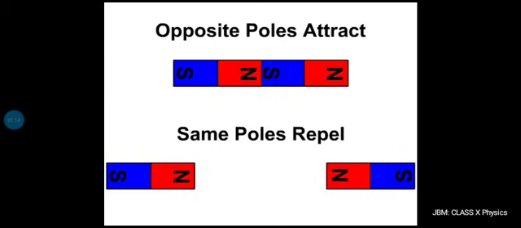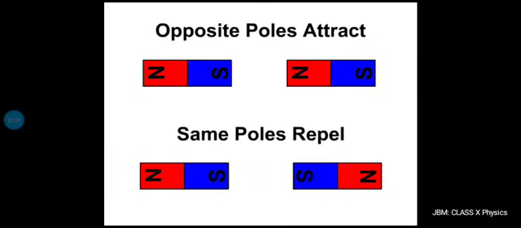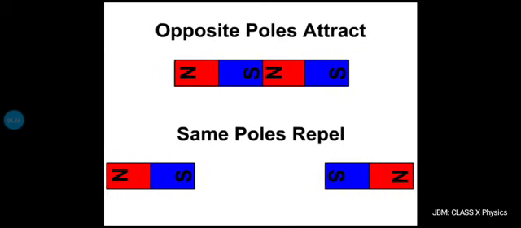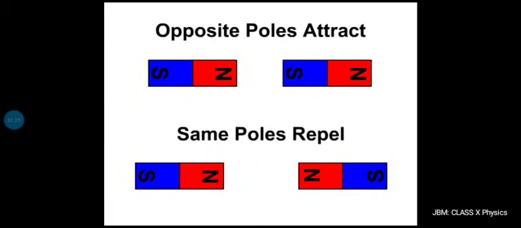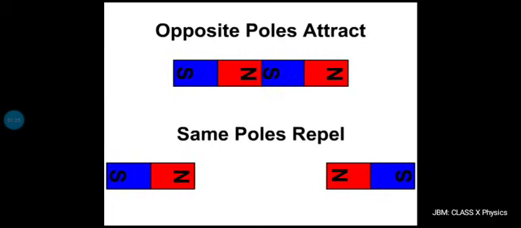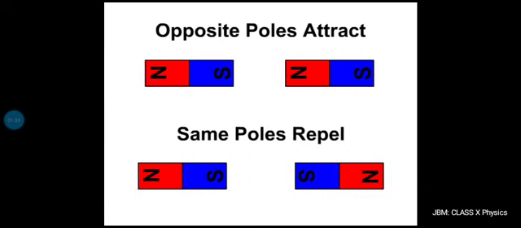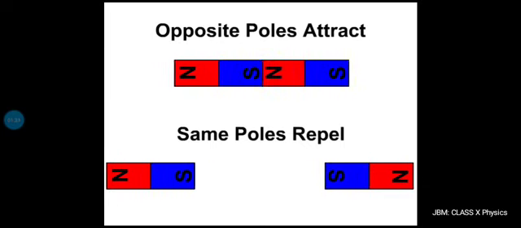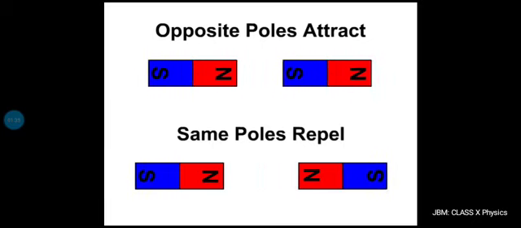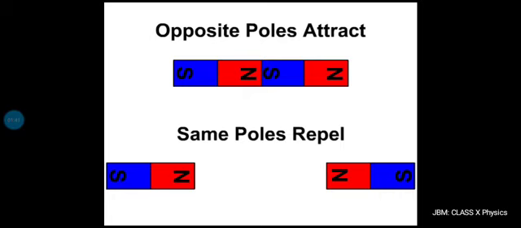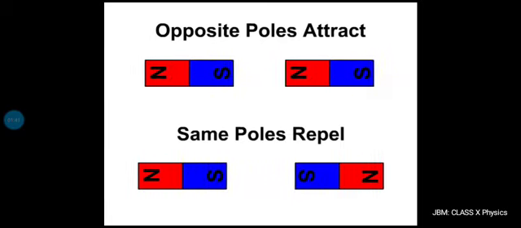All of us are quite aware of this very important rule regarding poles of a magnet. We know that opposite poles of two magnets attract and like poles repel. Whenever north and south pole of two magnets are brought close to one another, they attract. Whenever two south poles or two north poles of two magnets are brought close to each other, they repel. What actually is happening in this situation?